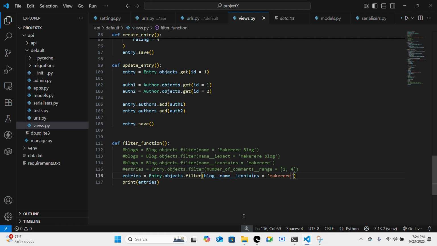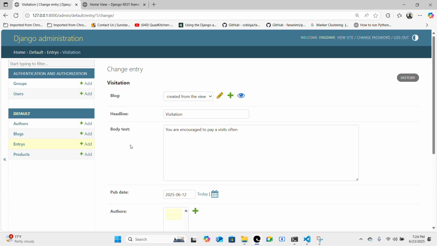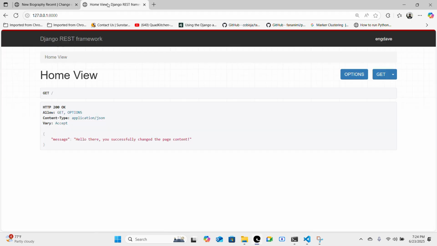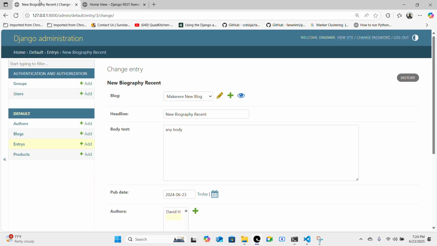So how many entries do we have? If I inspect my data, okay, this one we have created from the view, not perfect. How about this one? We have Makere. How about this one? We have Makere. So now in here, I expect again 2 entries that are matching that search pattern. So come back to your view and reload this. Perfect. So let's look at the output. So I have the 2 entries, new biography and new biography recent, which is exactly the same thing that we